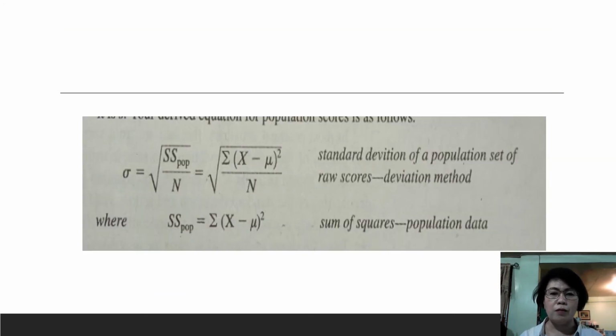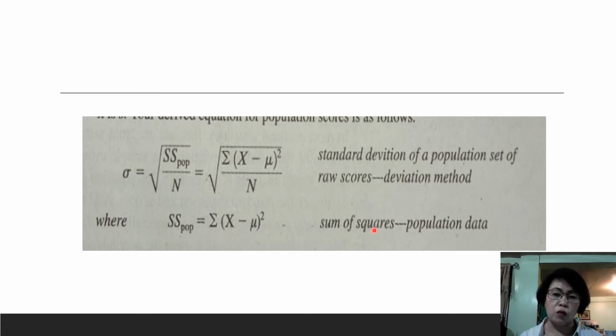So next you have the computation for the population score. Here you have the sigma symbol, which is the symbol for standard deviation for a population. And here is the formula for the standard deviation of a population of scores by the deviation method, where the sum of squares for the population is equivalent to the summation of